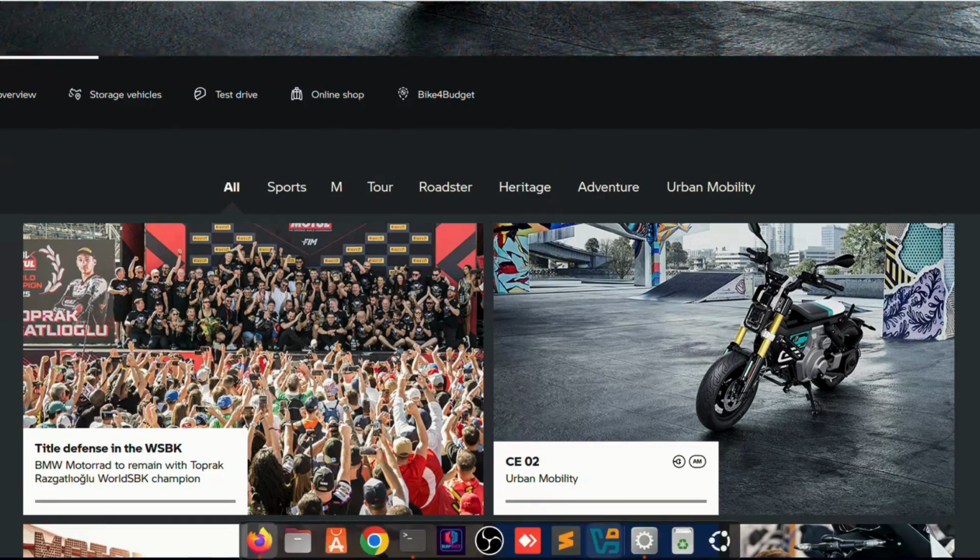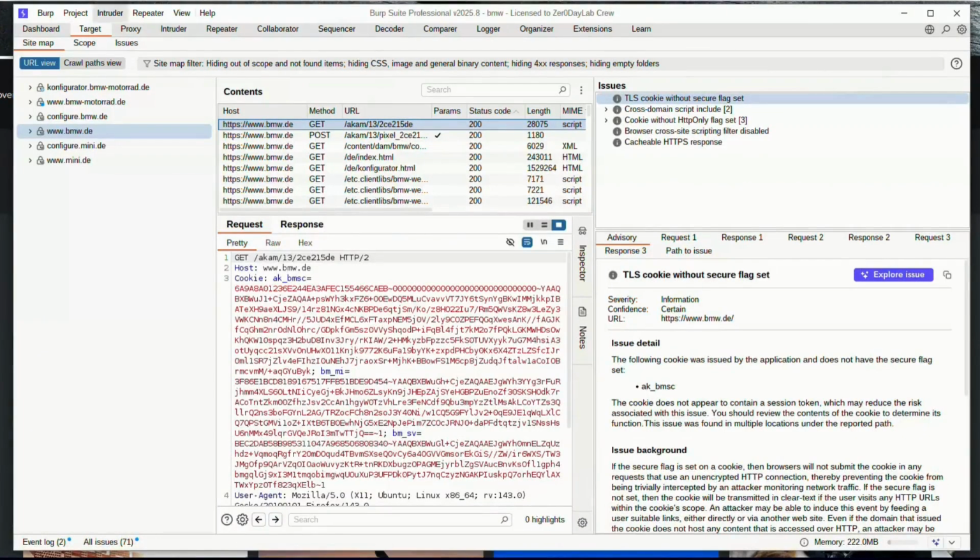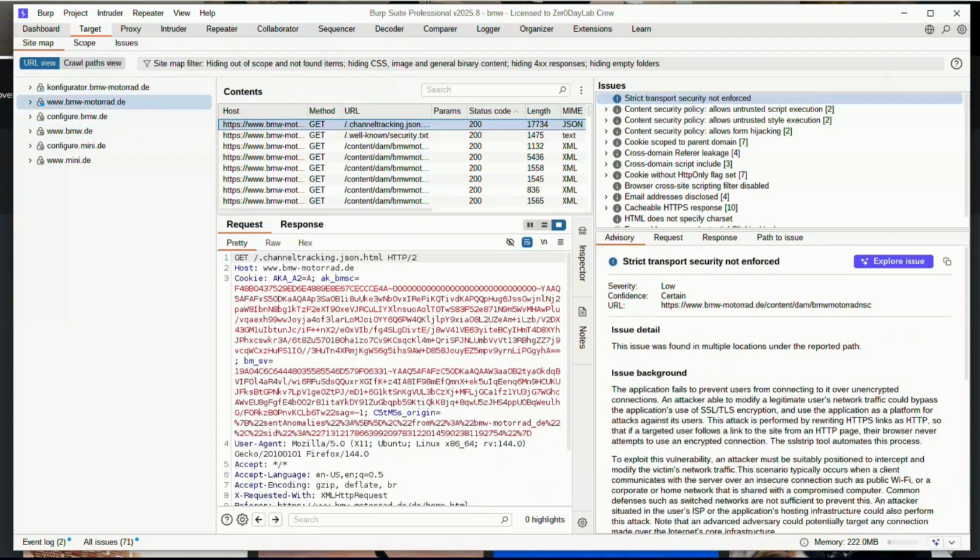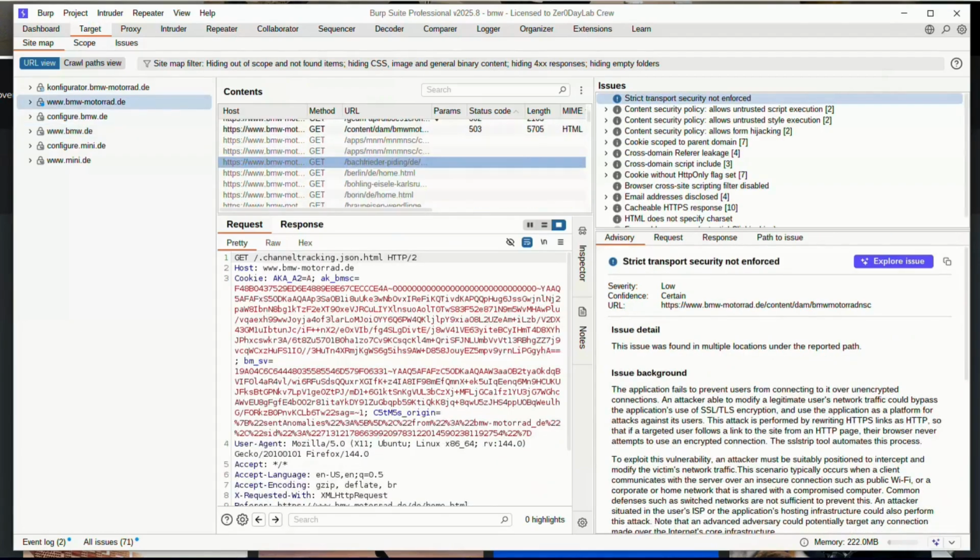Great. We have opened Firefox and we are on this page, so let us search for parameters.